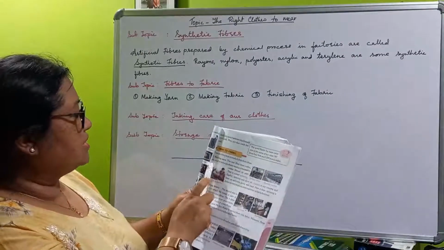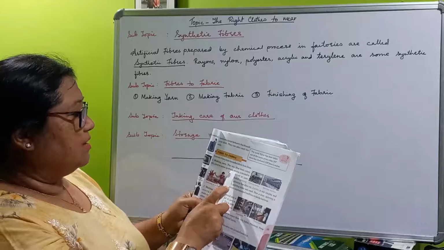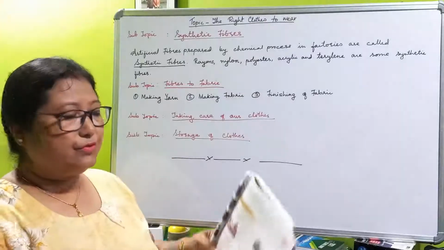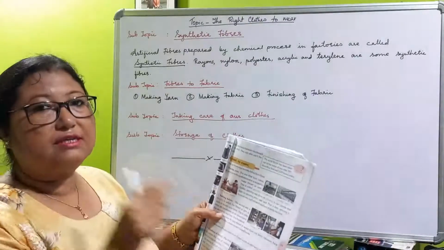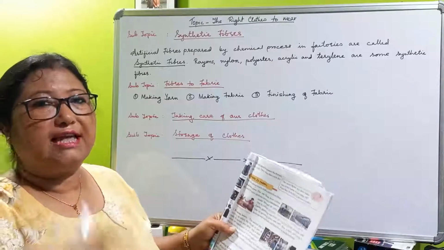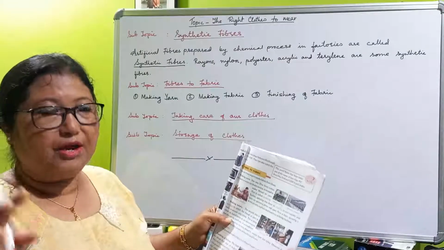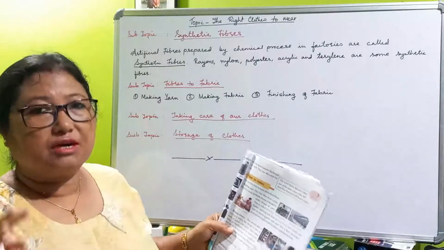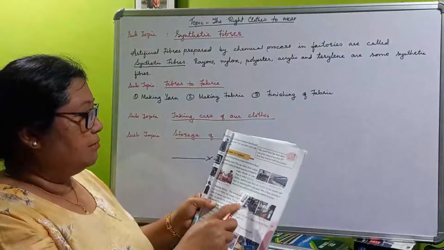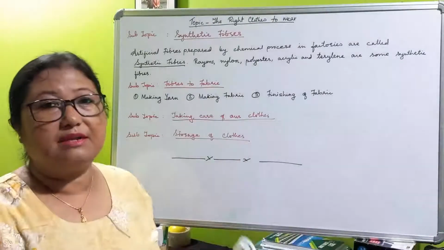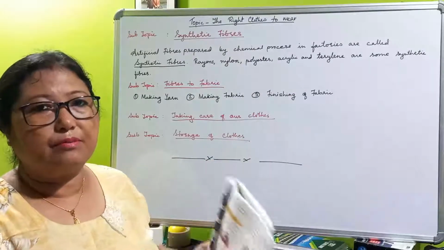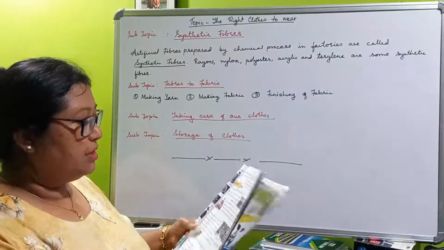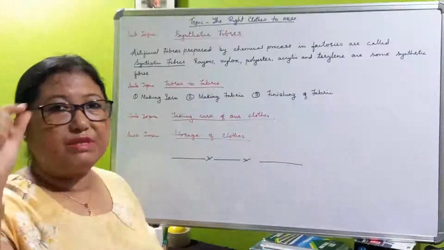Now see, in the book it is written here: the raw material from cotton, silk, wool or some synthetic source is twisted to make thread or yarn, and this is called spinning. With the help of these fibers, cotton, silk, wool, they take out the thread and they spin it on the spinning wheel, the chakra. In olden days they used to make yarn or thread with the help of a chakra, but these days they use sophisticated machines in a factory. So in this way they first take out the yarn. Yarn means it's like a thread.